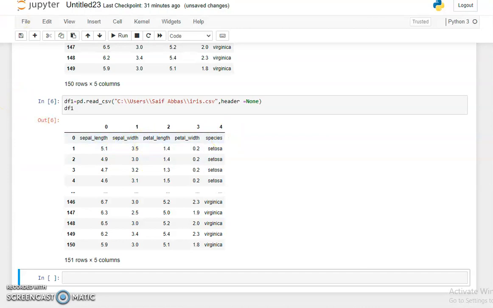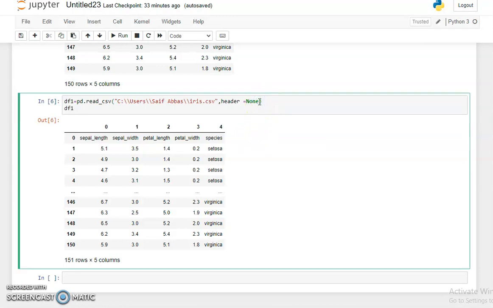Now suppose you have this type of data which has no header, and you want to create a header for your data. For this you have a parameter called prefix. With the help of prefix you can create a header for your data. But one thing to note here is that when we use the prefix, first we need to mention header equal to None and then comma prefix